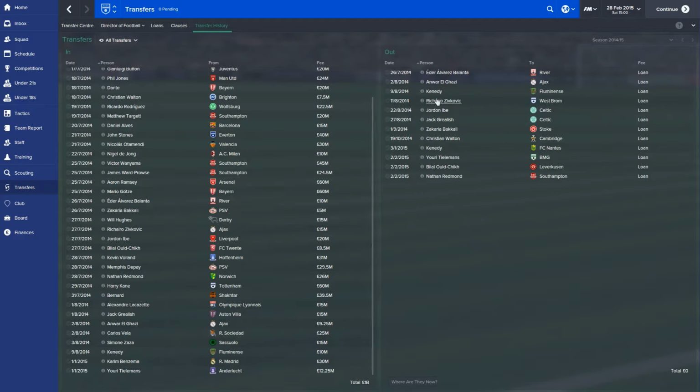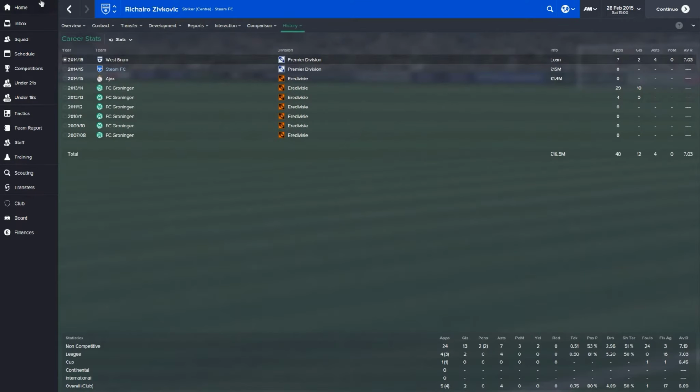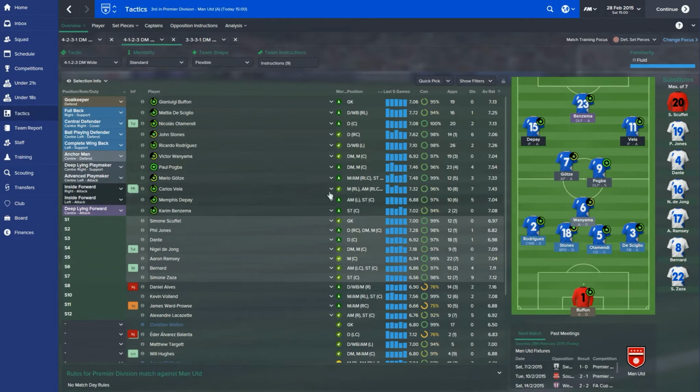Having a great time. In fact, I saw Zivkovic the other day scored for West Brom in a 1-1 draw with Stoke. So, he's not doing too badly. Apparently, 2 goals and 4 assists in 7 appearances, 7.03 average rating. That's, from when he has played, he's pretty effective. The squad, how are they doing? Well, as you can see,